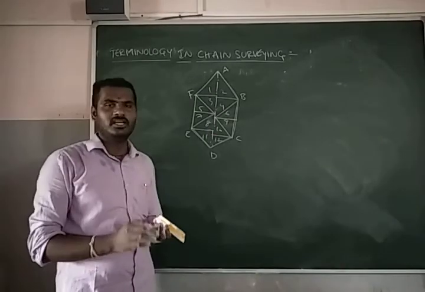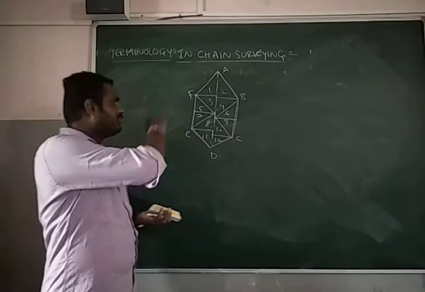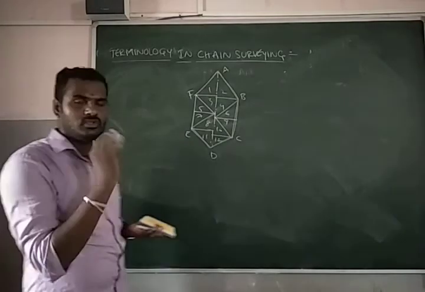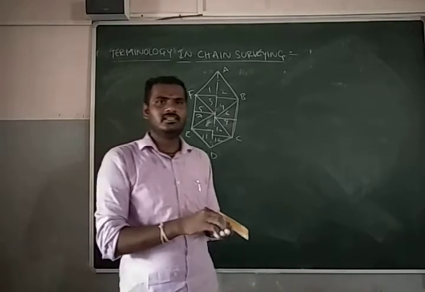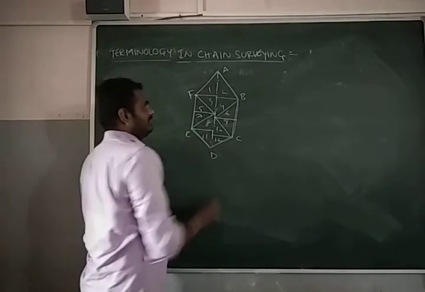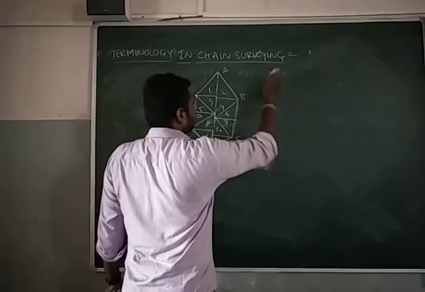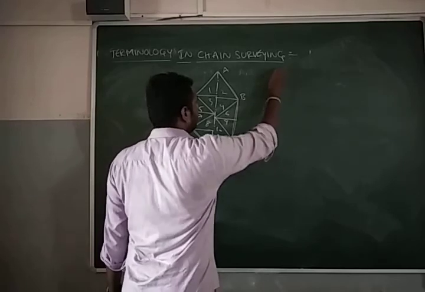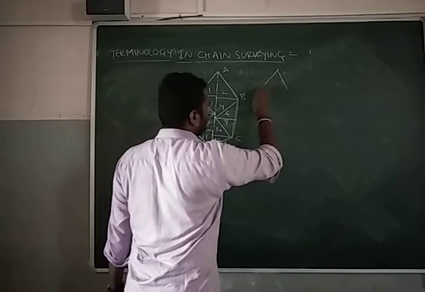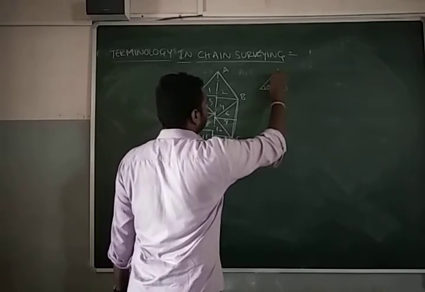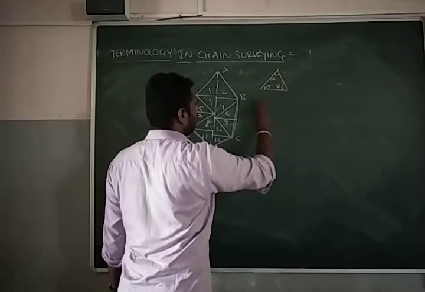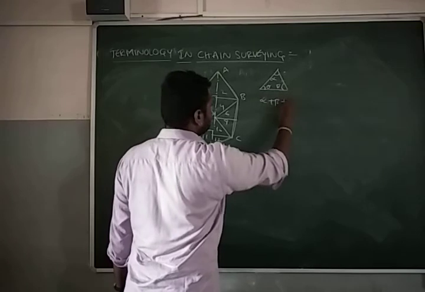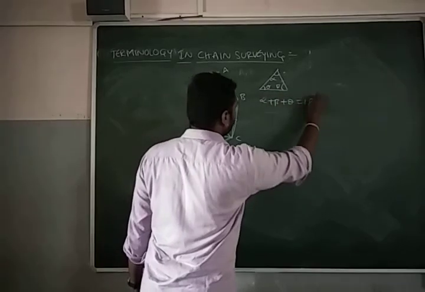That is okay. But after forming the triangles, there is no exact condition to get an ideal triangle. So we will be having three different types of triangles based on interior angles. As you know, if the angles are theta, alpha and beta, the summation of alpha plus beta plus theta is equal to 180 degrees.